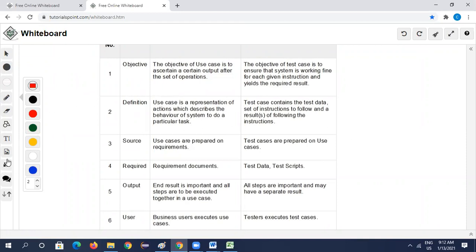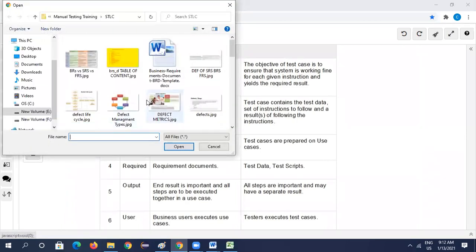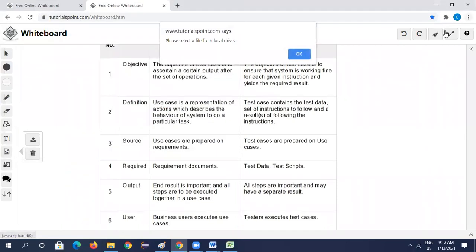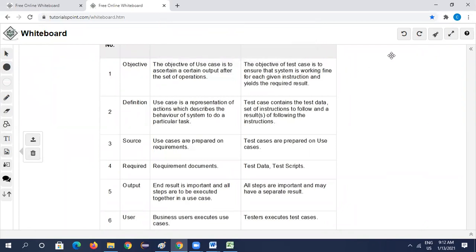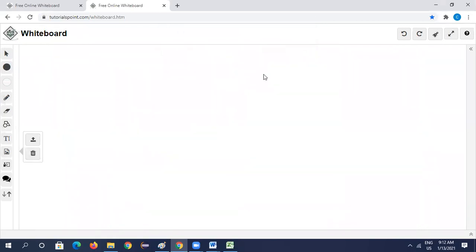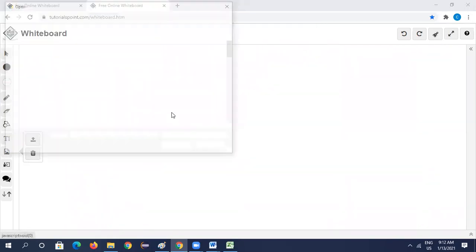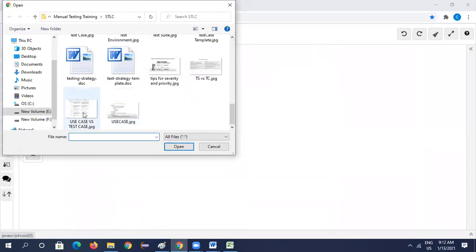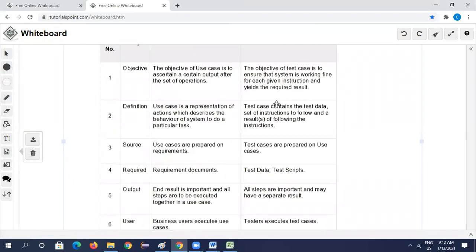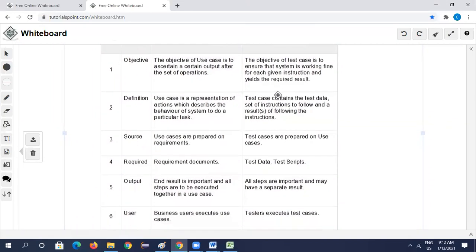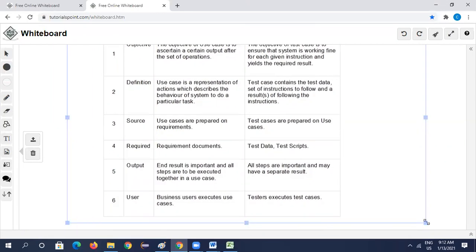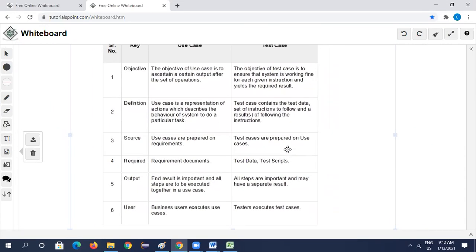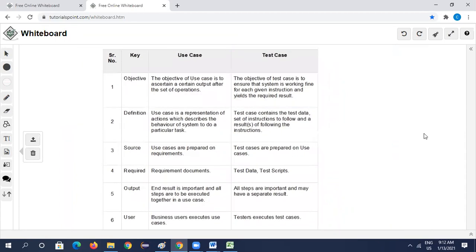Okay, see here, we have the use case and test case difference.